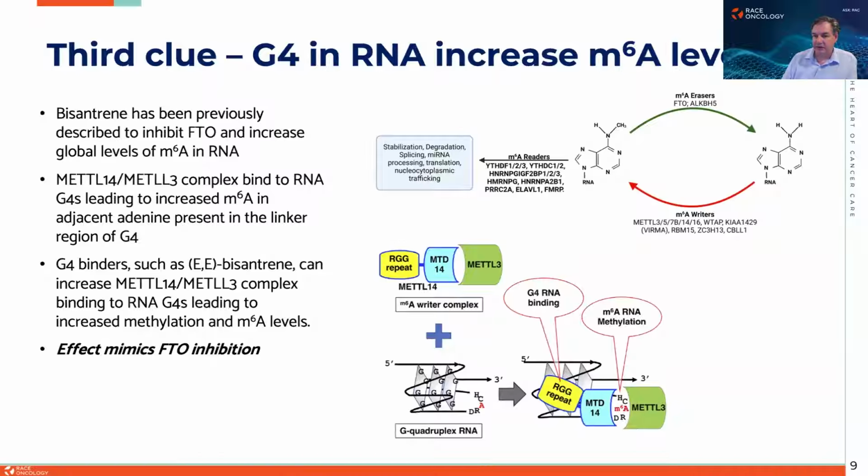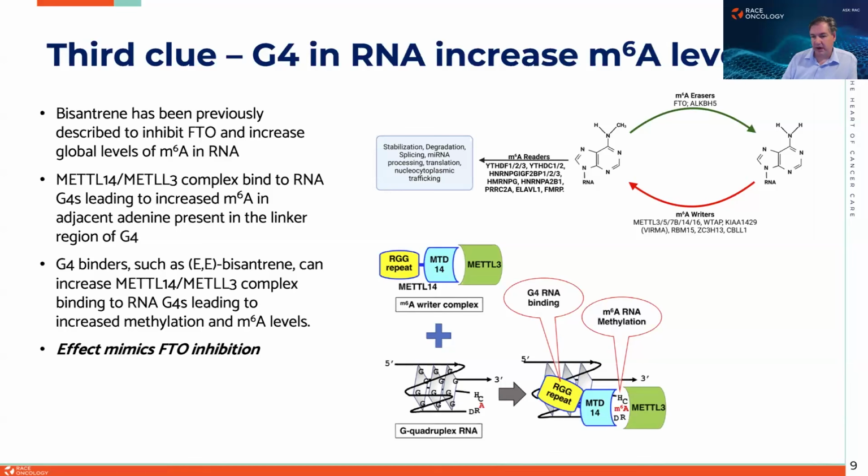If you look at it from the perspective of it being a dynamic system, the M6A writers put on methyl groups onto the RNA, and the erasers, the FTO and ALKBH5, take them off. And anything that changes the balance of those two systems will cause either an increase or a decrease. So an increase in M6A levels can come about through two ways. You can either reduce the activity of the erasers, or you can increase the activity of the writers. And it turns out that G4